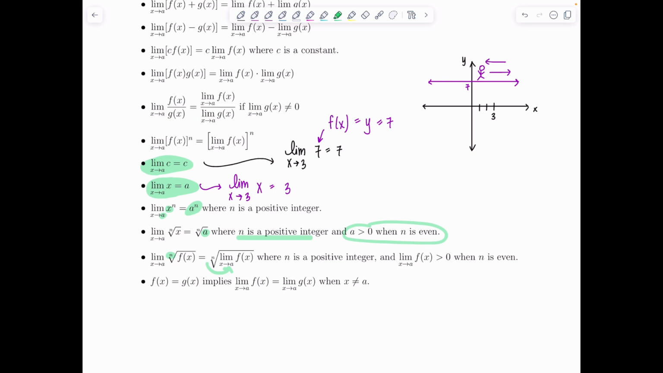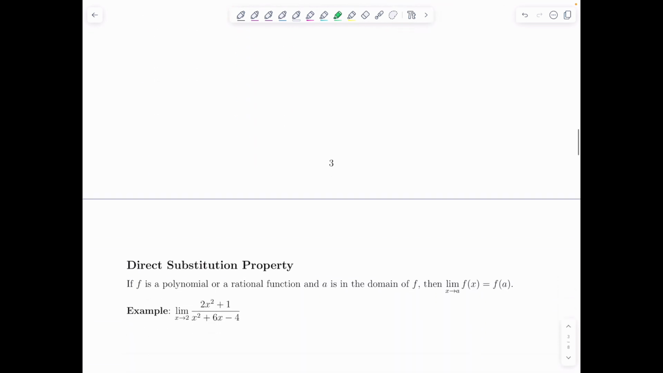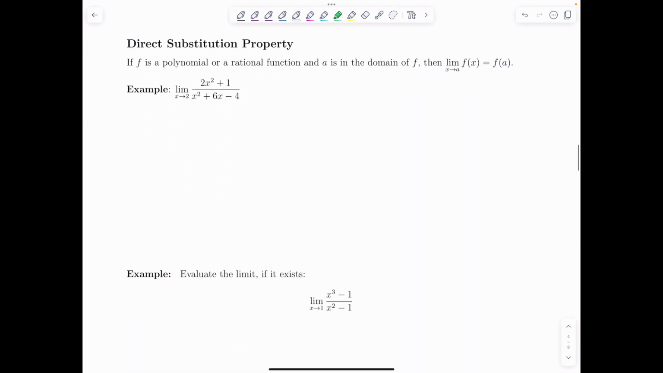We'll be referencing them, but you don't need to make flashcards or be able to write them down that way. Just know how to apply them. All right. First thing we're going to talk about is the direct substitution property. If your function is a polynomial or a rational function, and a, remember x approaches a, that's the x value, is in the domain of f, then the limit as x approaches a of f of x equals f of a. Literally just plug in